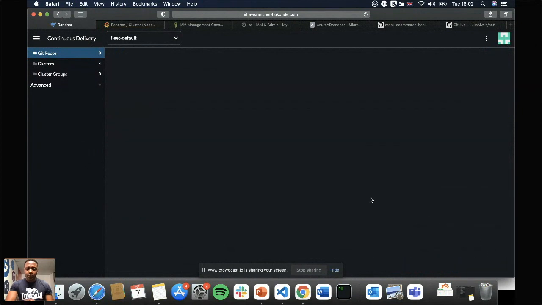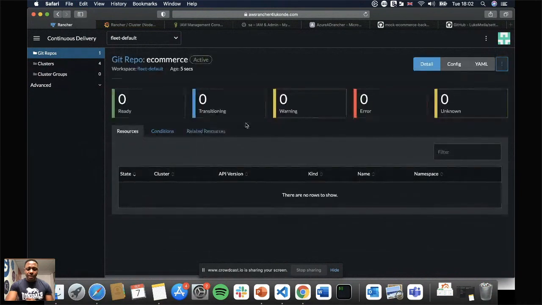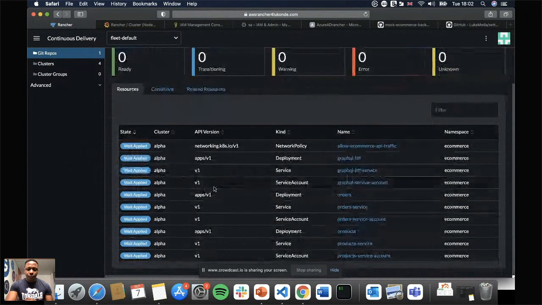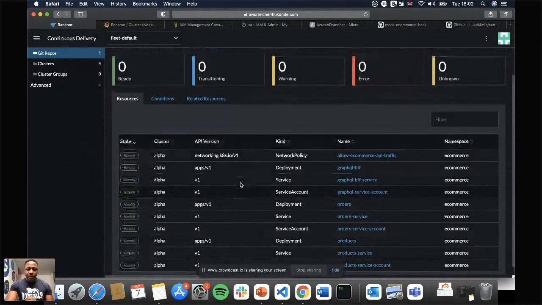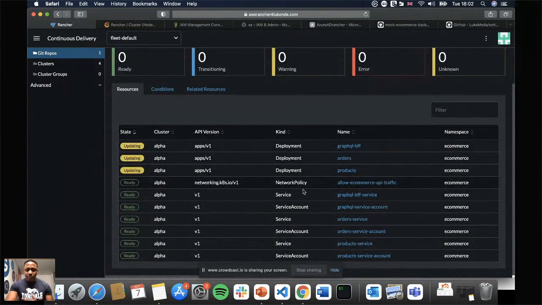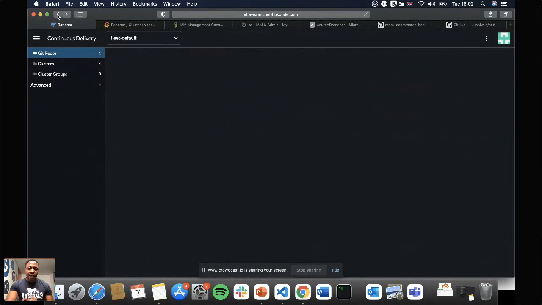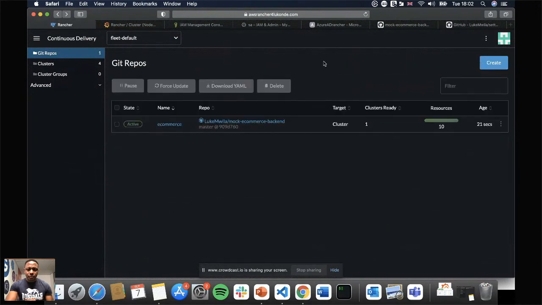And I will create that. And so you can actually track this to see what's happening. And you can see the progress going on over there. You can see the network policy has been created. One of the deployments has been created, and so on it goes. In the meantime, I'm going to head back and I'm quickly going to create